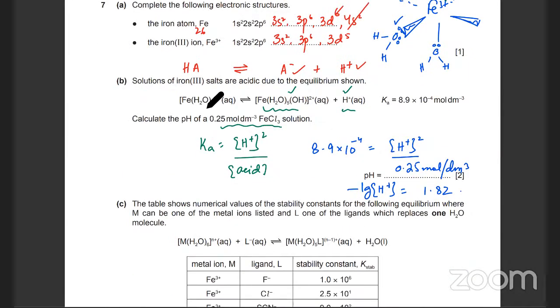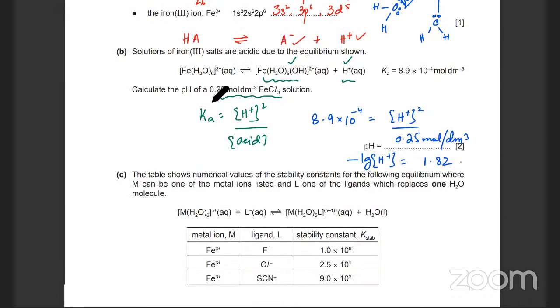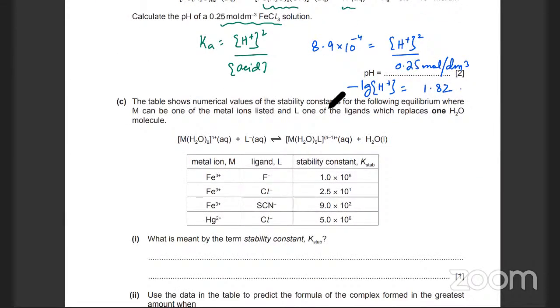So it's not going to add any charge. So it's going to be Fe3+ with 6 water neutral molecules. So it's going to be Fe3+. As the next one is, the table shows numerical values of the stability constant for the following equilibrium, where